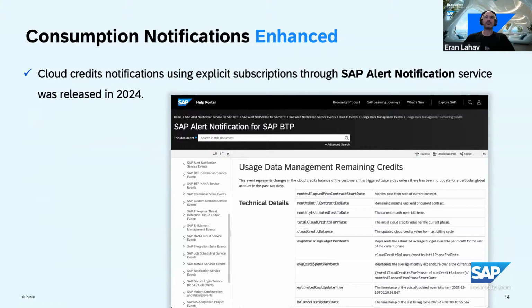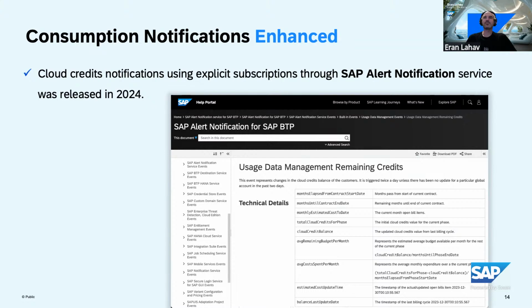Plus, in addition, we also connected behind the scenes with the SAP alert notification system. So if you're instantiating the alert notification system, and here I must also remind you that it has a free tier, so you can instantiate the service using the free tier, which is free of charge for you. And we are embedding and connecting behind the scenes all your data and credits data set to alert notification, and with certain tags that you can find in the alert notification guidebook, you can set tags and get notification directly on credits,